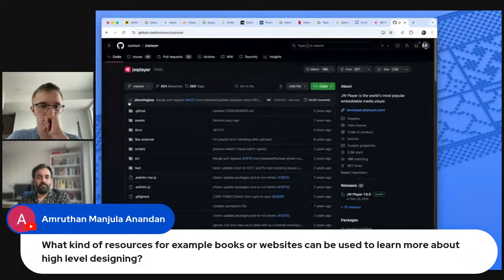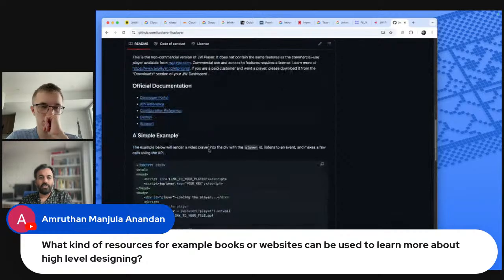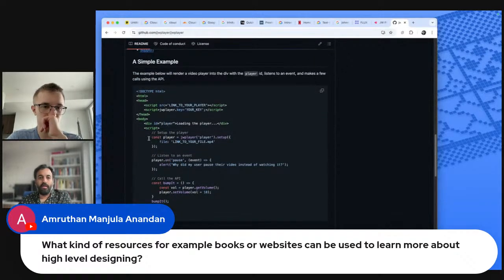Yeah, there's a free version of it. Exactly. It's going to have a little logo, non-commercial. It doesn't contain the same features. Exactly. So download JW Player. What is JW Player? It's literally just a video player, but it has all the really nice features like subtitles and all that stuff, just so it looks professional, right? So use JW Player, or you can just use the video tag.